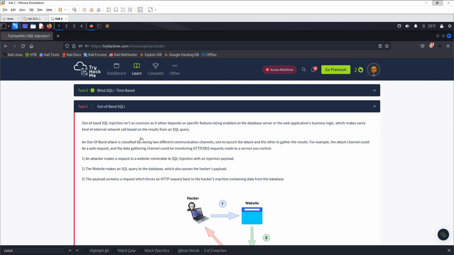Out-of-band SQL injection isn't as common, as it either depends on specific features being enabled on the database server, or the web application's business logic making some kind of external network call based on the results from an SQL query. So this is not a common vulnerability that you're going to find in